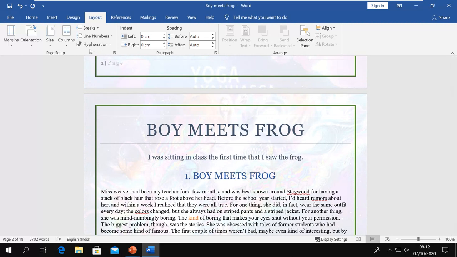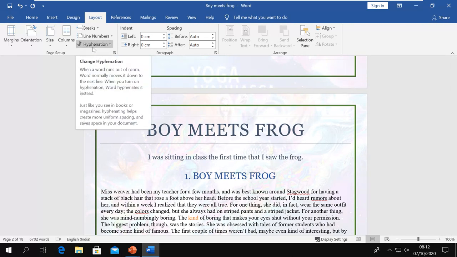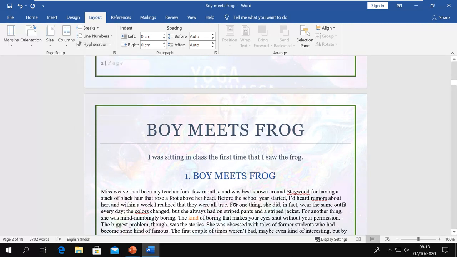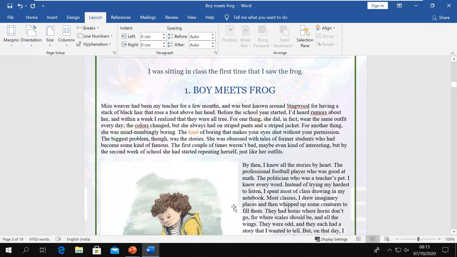Now this one says hyphenation. Now this hyphenation is interesting. If you see here in the book, those lines are not equal. Some lines are small, some lines are big.